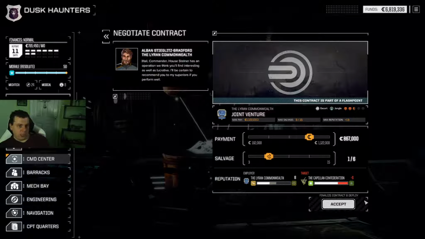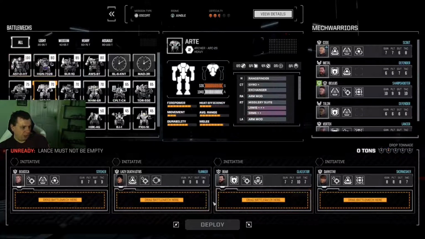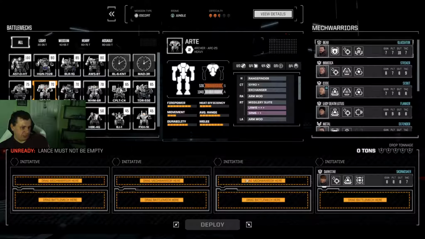I think we'll take more cash today. As you can see, my cash reserves are running quite low at the moment, considering that I had in excess of 20 million C-bills the last time I recorded. But I'll talk about that in a second. So let's accept that. I'm just going to clear the bays here so I can discuss who and what we'll be